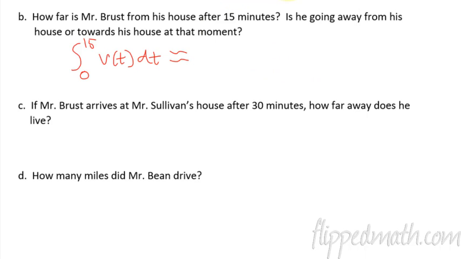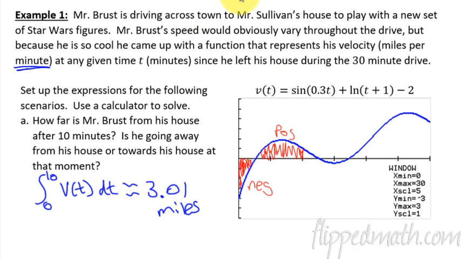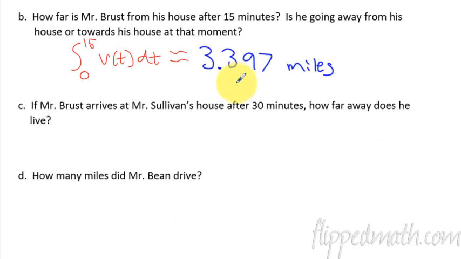3.397, so this is approximately 3.397 miles. So why is it barely more after 5 more minutes? Because, watch, now we're going all the way to 15. So we add this bit here, but then you subtract this bit because this is negative. So that's why it used to be 3.01 miles, and 5 minutes later, we've hardly gone